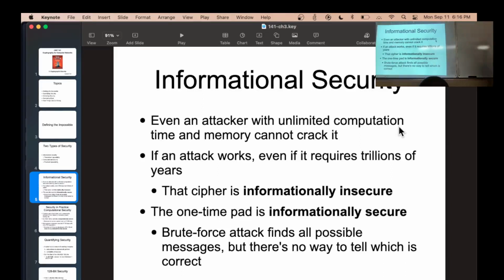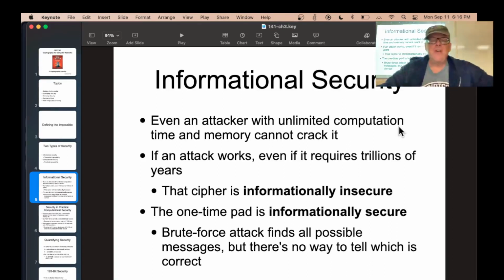Anyway, so if in principle some attack would work even if it takes forever, you call it informationally insecure. And so the one-time pad is the only example of a perfect system. It is informationally secure. Even if you had all the computers in the world and all the time in the world,